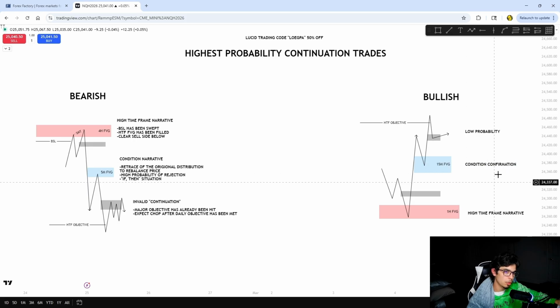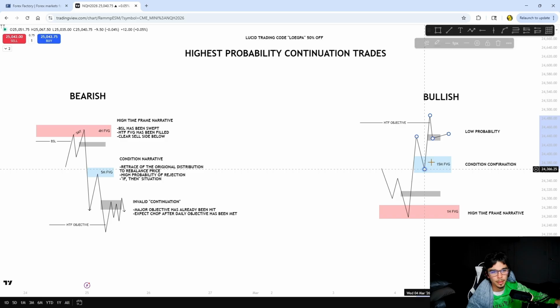Awesome. Now our condition is coming into effect, right? We come and retrace down into this 5 or 15 minute gap. Now it becomes, again, an if-then situation. If we come down, respect this gap and see rejection, then we can go ahead and enter. Or if we just run right through it, then we're staying hands off, probably an indication of bad price